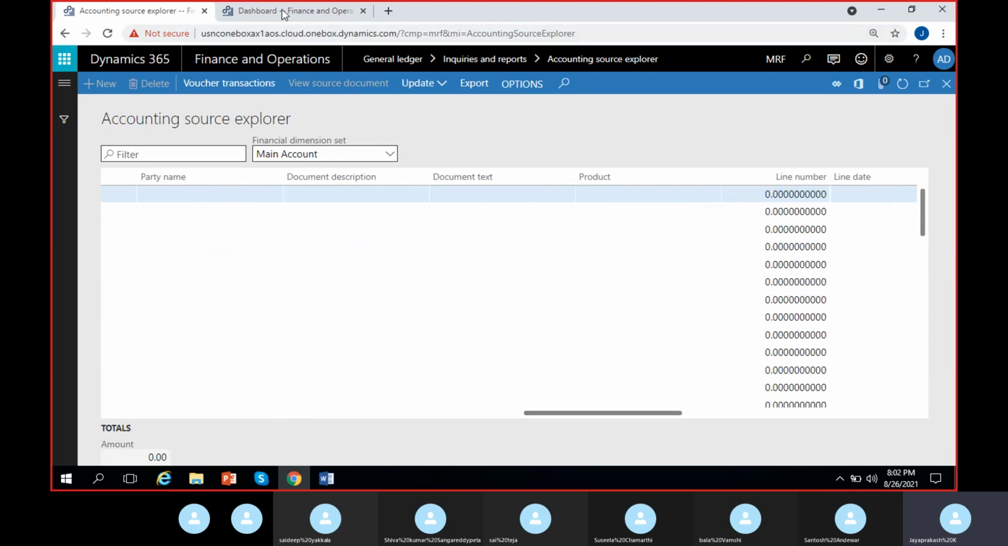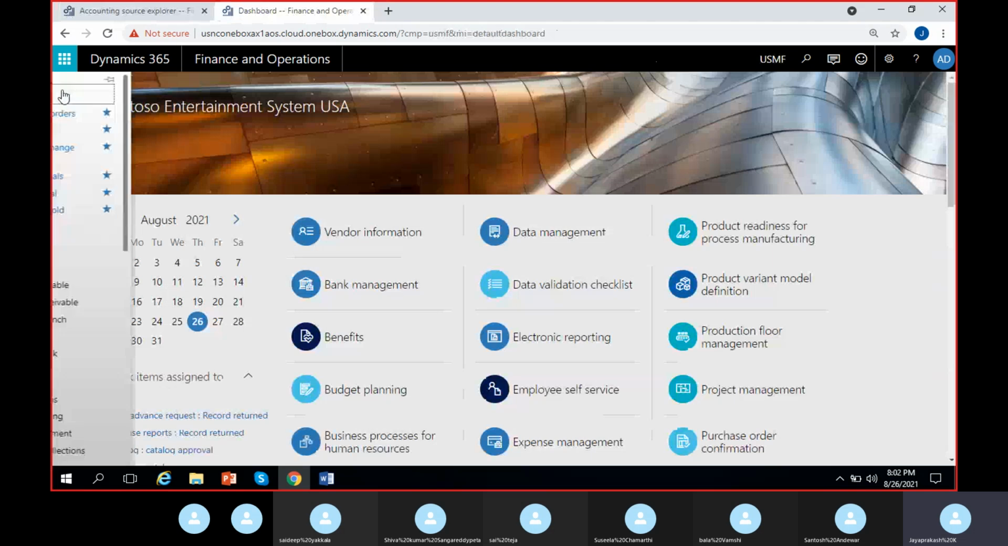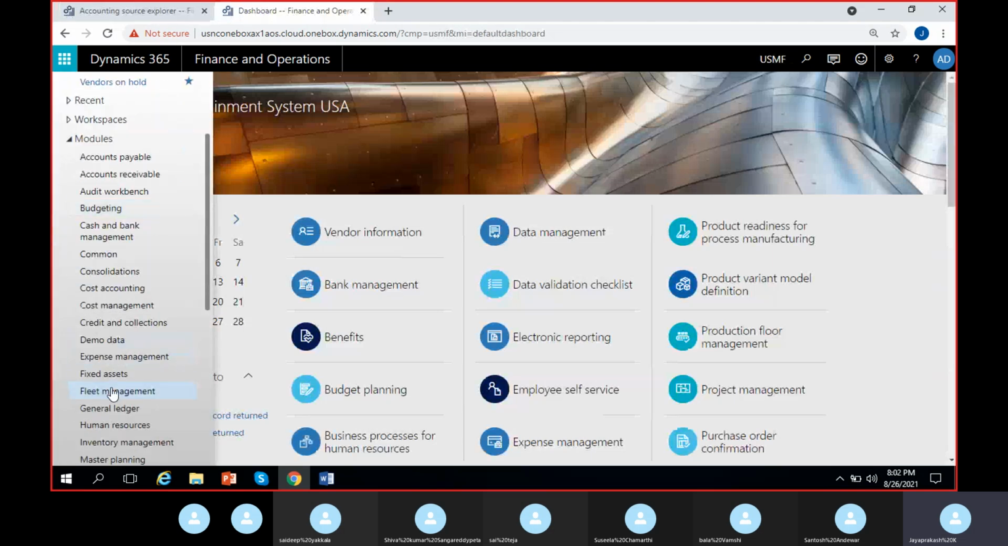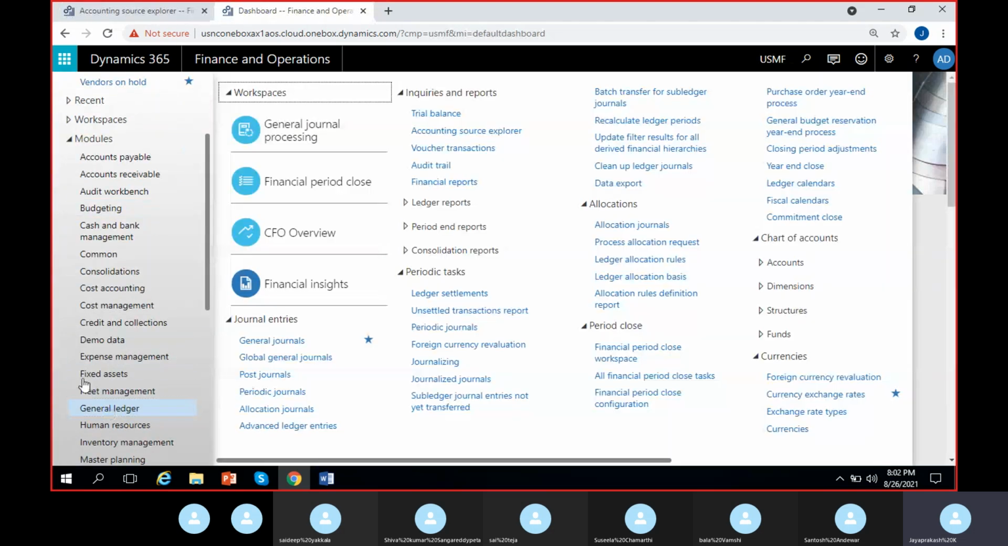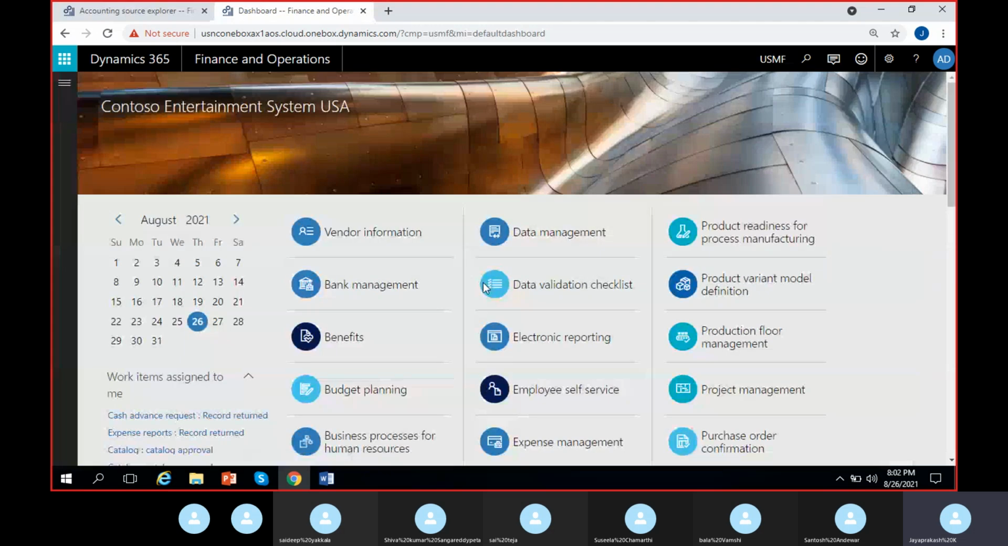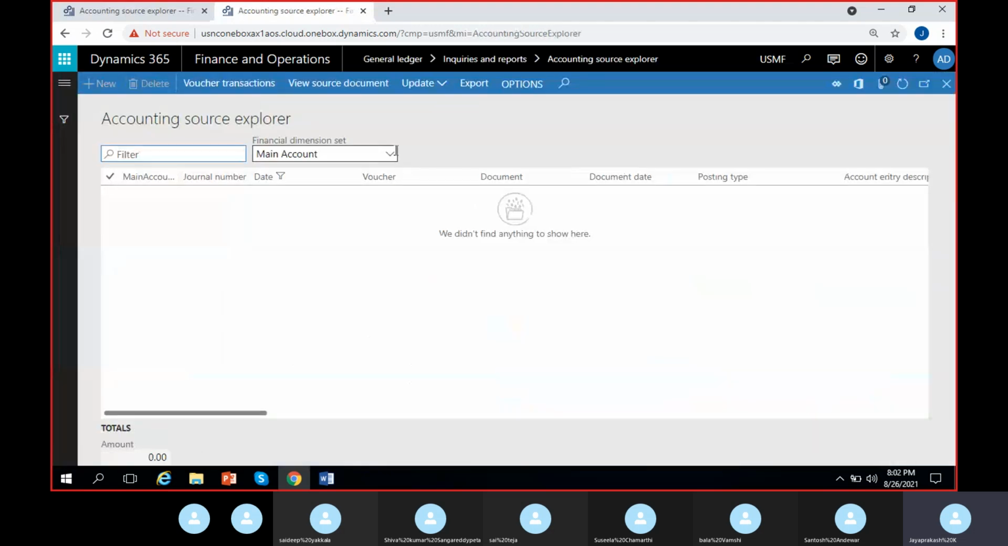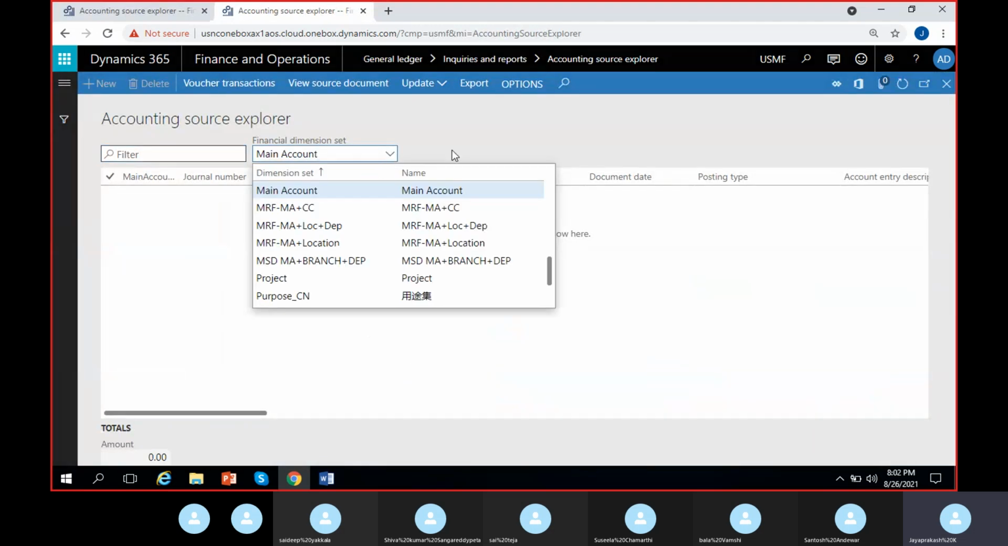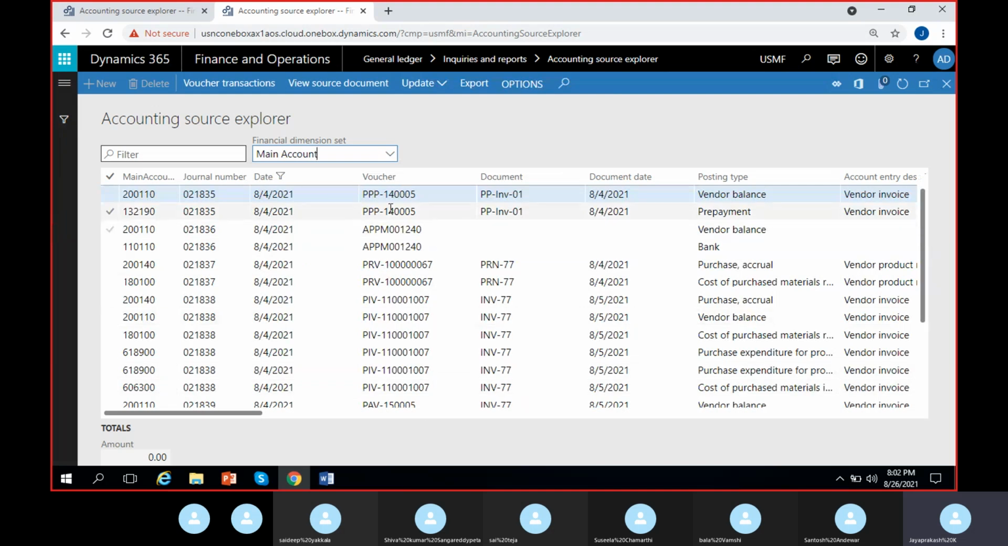Whereas if I run the same in USMF, here we have customer and vendor transactions as well. I'll try to run and show you how different it shows for vendor and customer transactions. So I just clicked here on Accounting Source Explorer. Again, do the same for main account. So here, see, this one is an invoice voucher, and this one is a purchase